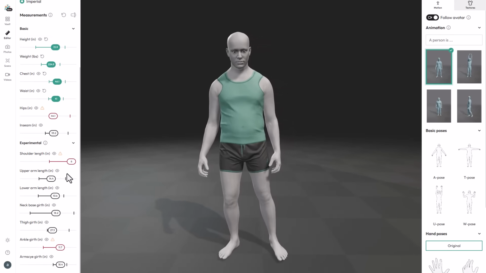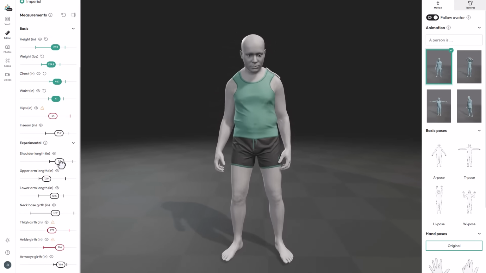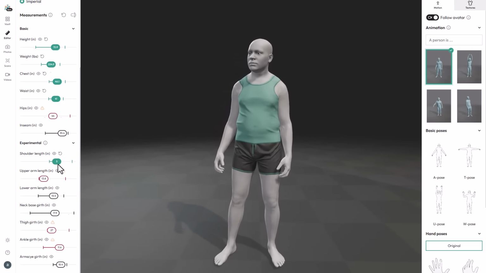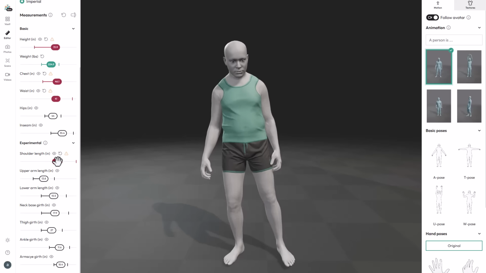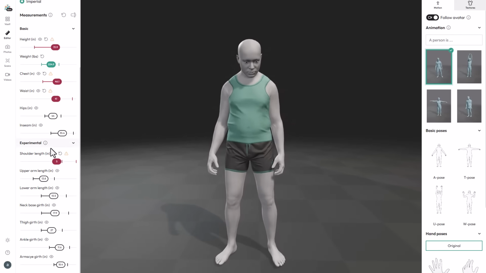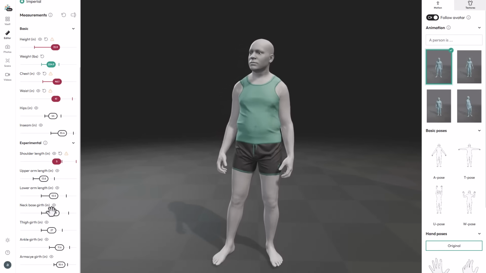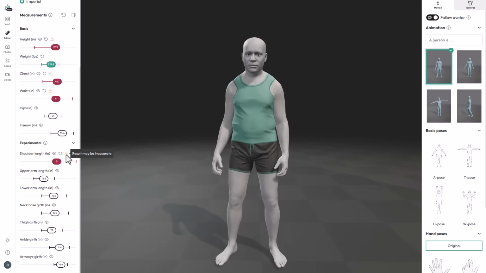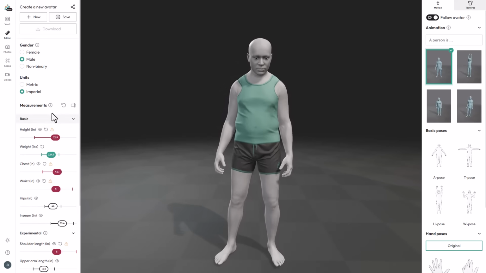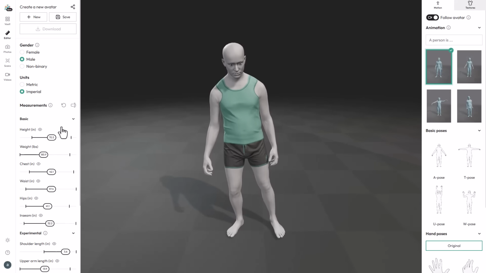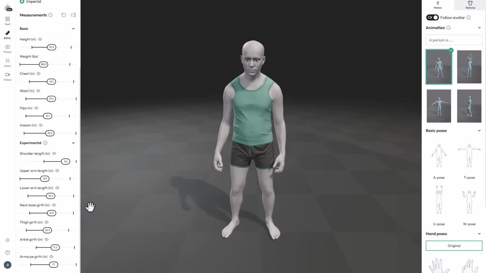and we can simply go over to experimental. The experimental stuff currently bugs out from time to time. And I did find out that for the experimental, this makes more sense if you're trying to create caricature, or maybe you're trying to make stylized characters. That is where I noticed that the experimental stuff works. Other than that, this would simply give you an error message saying that the results might be inaccurate, since these measurements are sort of targeted towards real life avatars. So I'm just simply going to reset all of that,